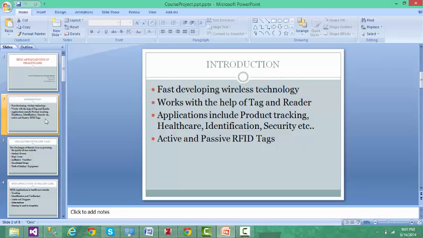After scanning the tag, the reader or transponder sends the tag information to the database system, which analyzes, stores, and filters the data. After that, the useful information is passed to the enterprise application systems for further operations. And the database system contains multiple readers which are located at different places to transmit the data between wired and wireless networks. RFID technology is used in applications such as product tracking, human identification, asset management, access control, security, and